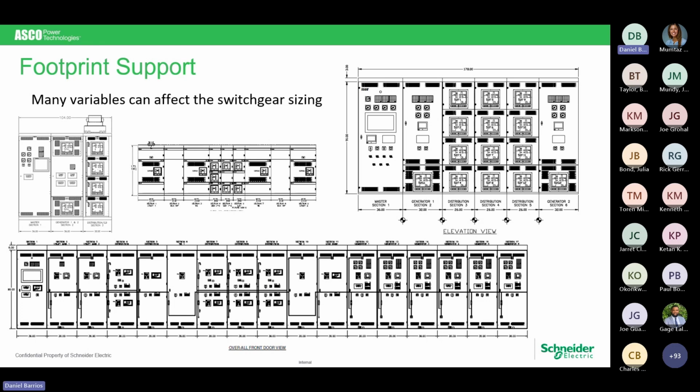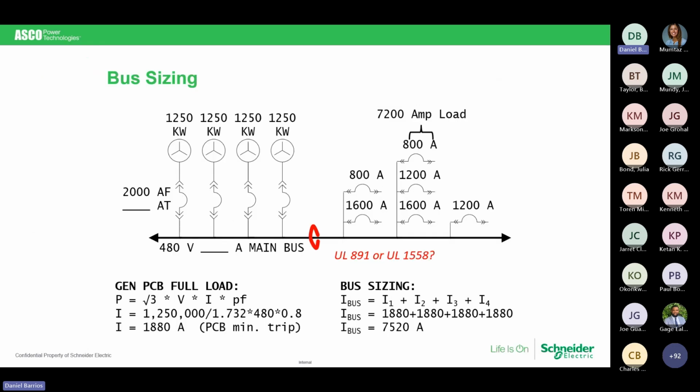Why do I point that out so emphatically? Depending on if you're trying to flow all of your power one direction, you may exceed that ampacity. We'll indicate that in a little bit. Down in the bottom right hand, the bottom section can get quite extensive as to how many sections can be lined up, and the overall front view of that type of a lineup.